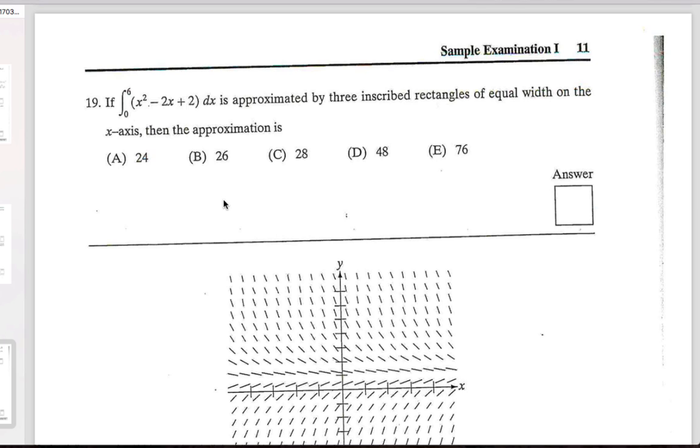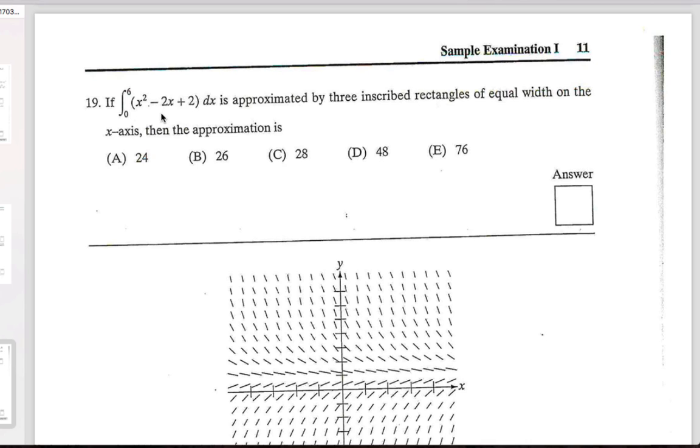It is just a problem where you have to draw it. And because it says it's inscribed rectangles, the hardest part about this problem is just that you need to draw it very accurately, because since it's inscribed, it means it has to go underneath of the curve. And so sometimes underneath the curve is left endpoints, and sometimes it's right endpoints, and sometimes it's midpoints. Look at the answers for this one. Try your best on it.